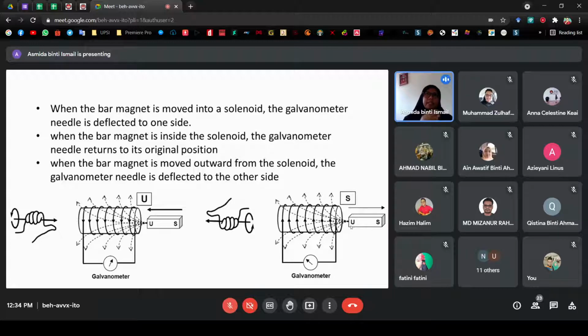the magnetic field, ada there cutting of the magnetic field. Okay. So the galvanometer needle is deflected to the other side, means that dia akan bergerak lah, means that ada arus yang